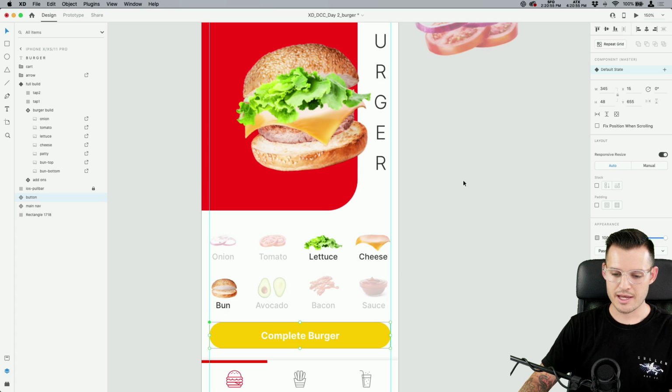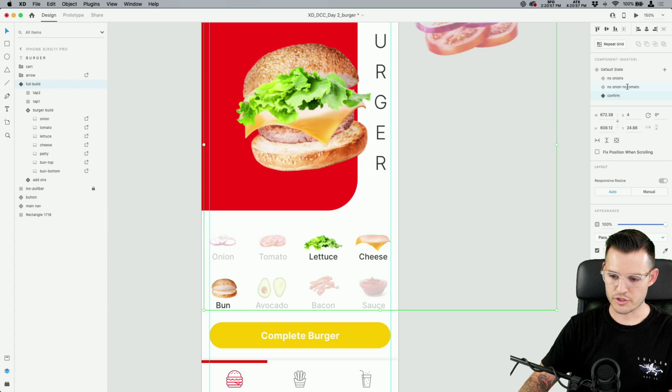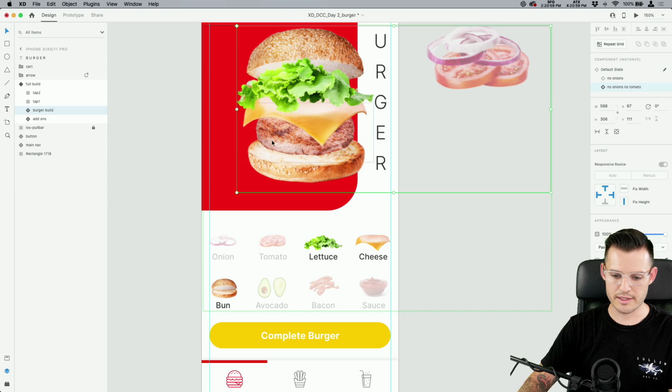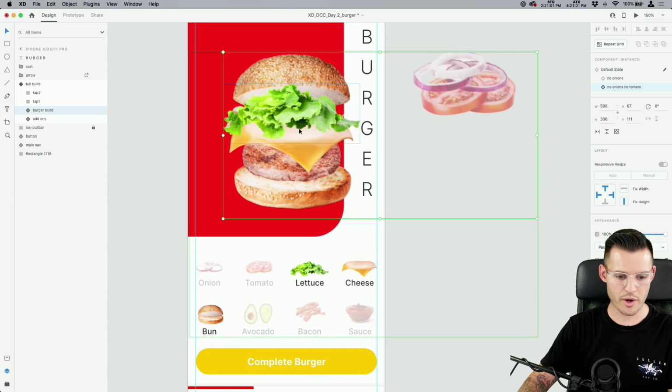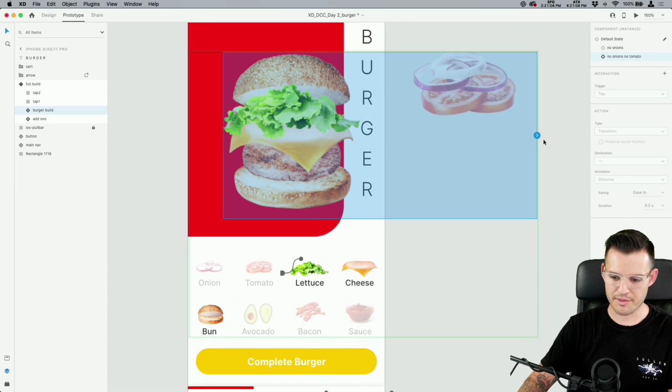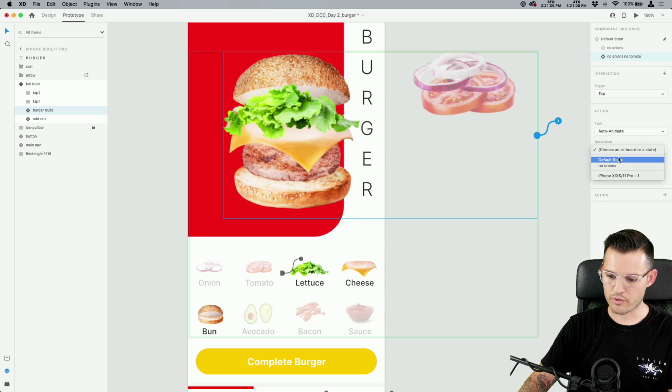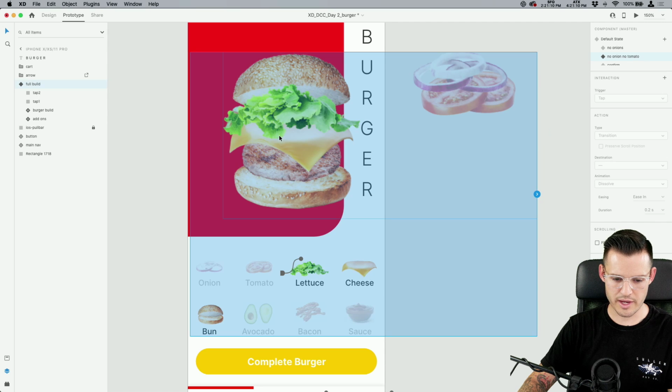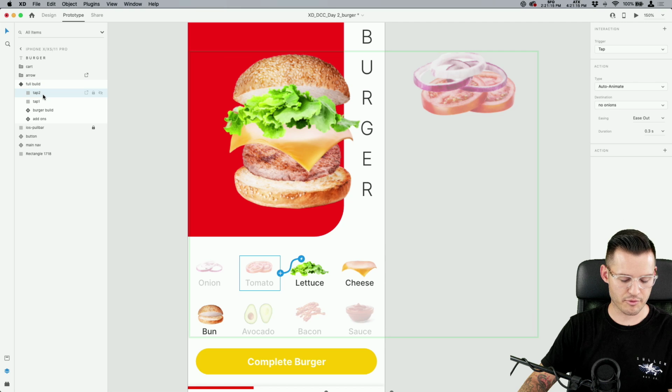But let's do this. Just for fun, once we're on no onions and we've customized our burger the way we like it, how about we prototype that and we move that one to, oh, there should have been a confirm state. Where are we at? I lost it. We'd need tap 3, wouldn't we?